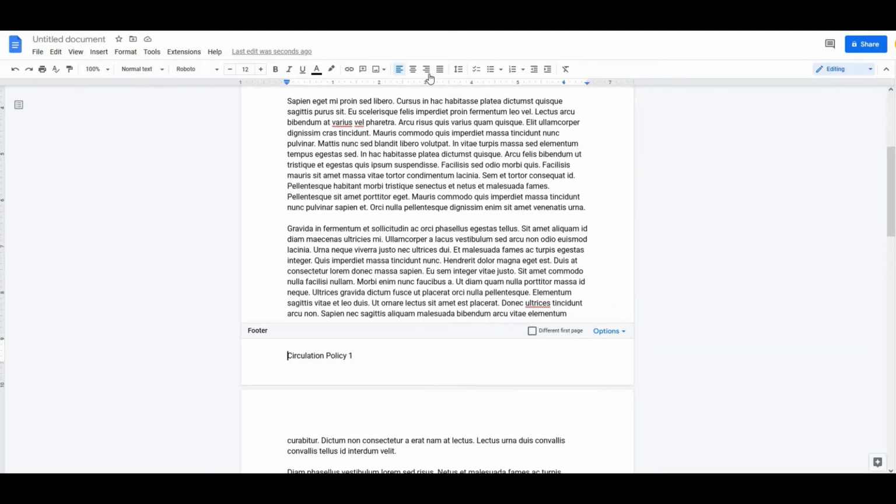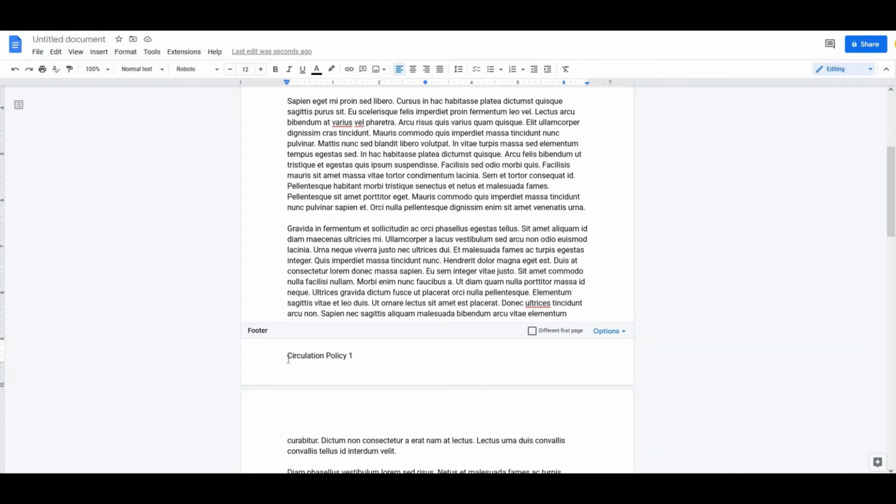Now, if you misclicked, so if I accidentally did the center tab stop to the left of the number 3, it's not a big deal. Just left click on it and hold and then drag it until it says 3.00 and then let go. And that's all there is to it.